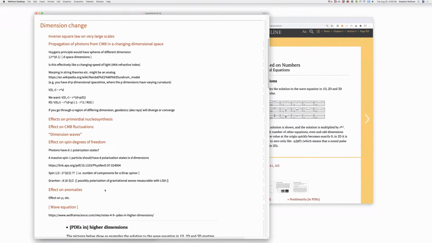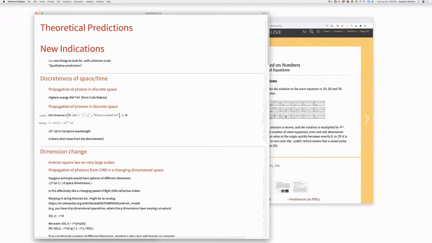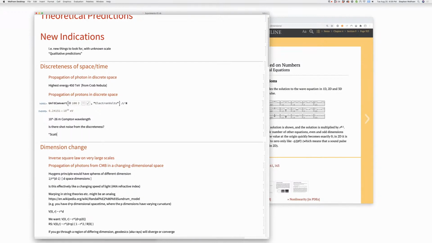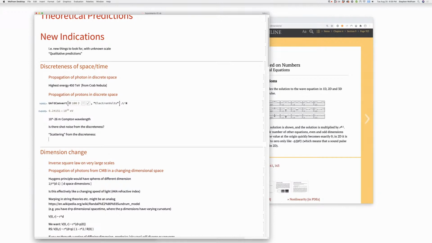Okay. Anybody want to weigh in on any of these other ones? I mean, direct measurements of discreteness. Any thoughts about that? Actually, there is a thing. Okay, propagation, there should be, quote, scattering from the discreteness. So what that should be of the order, I feel like I used to do this stuff all the time, this kind of physics estimate type stuff. I suppose it's been 40-something years, so I'm a little out of practice. But I think what should happen is the cross-section, right,